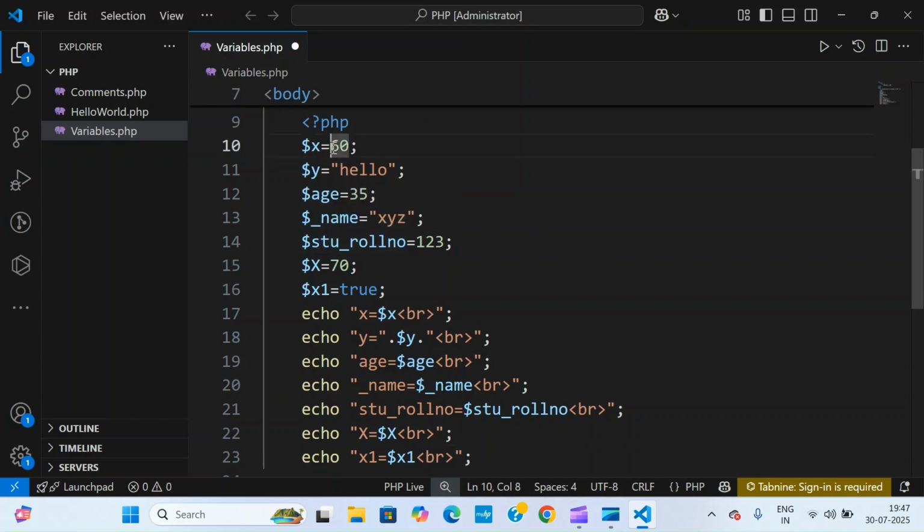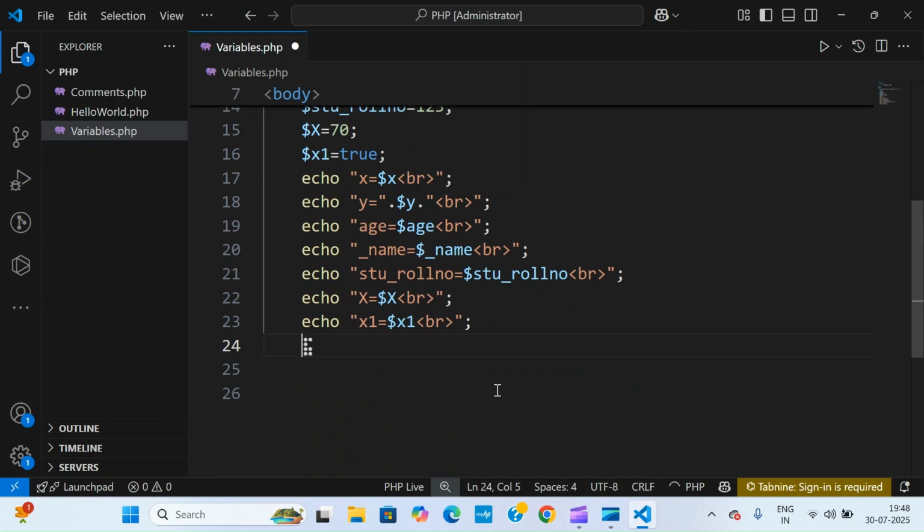Based on the values assigned, suppose you are assigning 60 as an integer, so this will become integer. If you put anything in double quotes, it is a string. So y is holding a string value, its data type is string. Then again integer, again string, again integer, and again boolean value. If you want to find out the data type of one of these, you just print